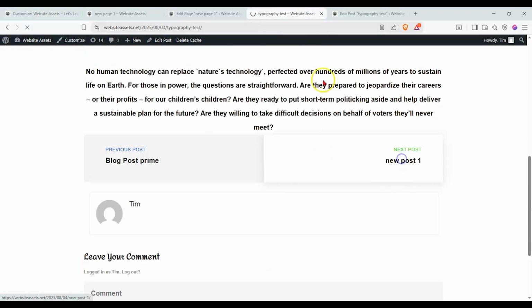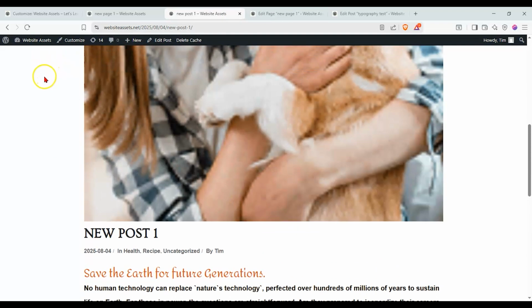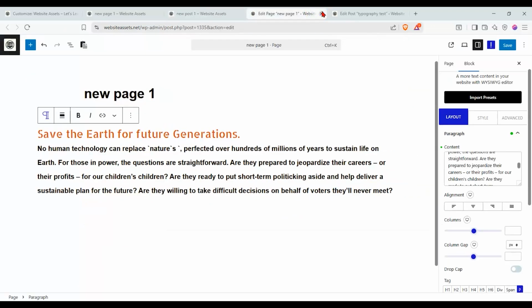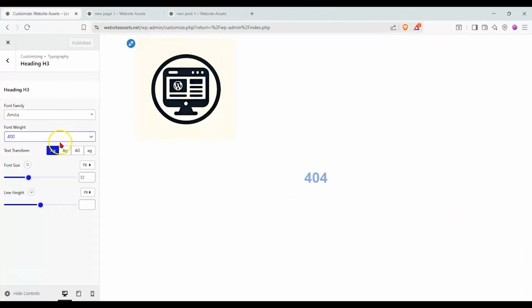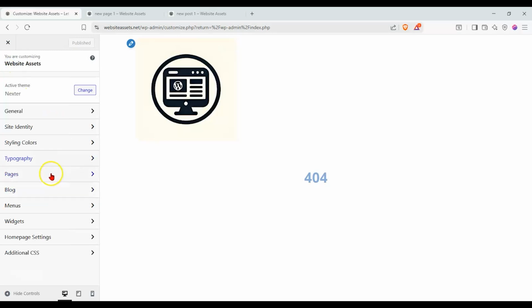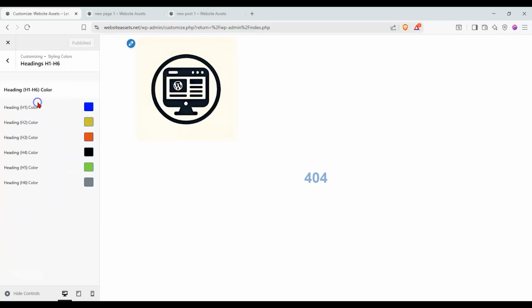And if we went back to new post, you can see our title for this one also changed by default. Okay, so if you didn't want to mess with having to set up the fonts and sizes one by one each time you wrote a blog post or made a page, you can do that by default by setting your defaults in the WordPress customizer. So hopefully that's clear for this,